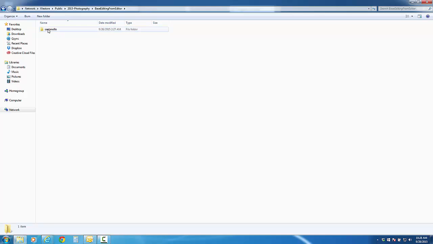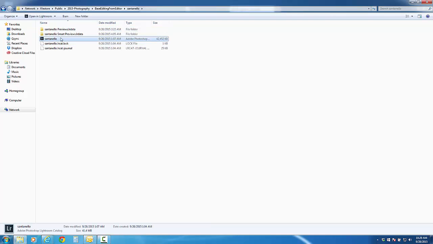That should be the way that you FTP the file. What's funny is that I think this is actually from somebody else. It's already done with the job, so they figured out how to do it. So all the files should be coming into this FTP location, so keep in mind, again, very important, you are not in USB disk 1, you are in public, a completely different directory when you're uploading. So make sure you upload not only the catalog file, but also the Smart Previews. If you want to upload the previews file, you can do that, but really the only two files that we need are these two right here, Santinello and Smart Previews. Other than that, you should be good to go, and if you have any problems,